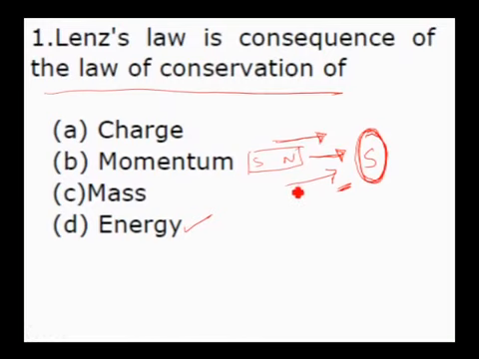Then what happens if the north pole of the magnet is moved and this is going to become a south pole? In that case, the magnet would be attracted easily towards the south pole, no work is done and still EMF is induced. This is clearly a violation of conservation of energy, because to get an EMF, some amount of mechanical energy should be spent. That shows it is clearly the law of conservation of energy. The work done will be converted into electric energy.